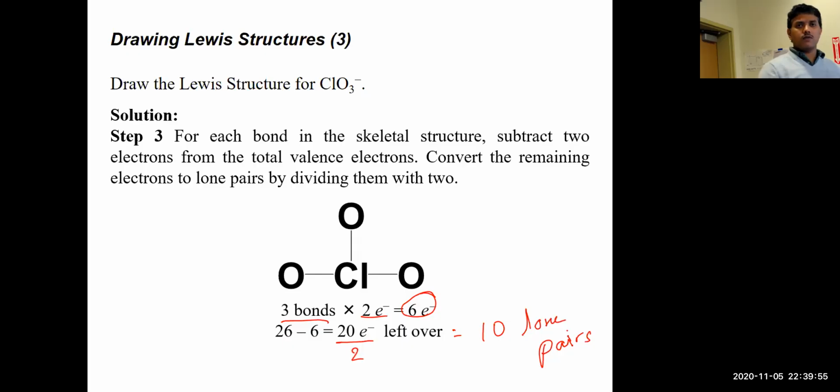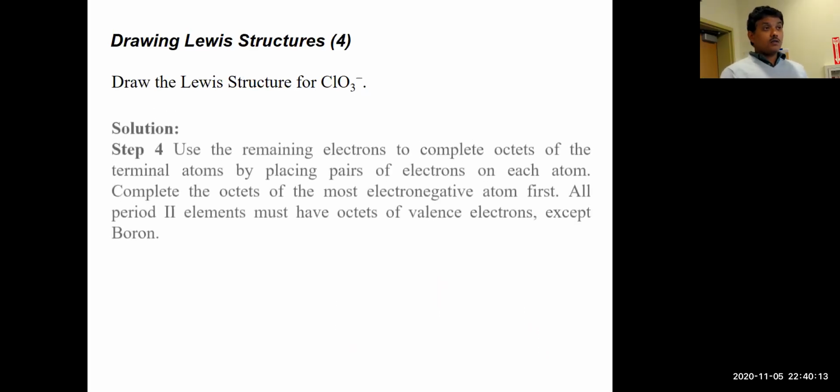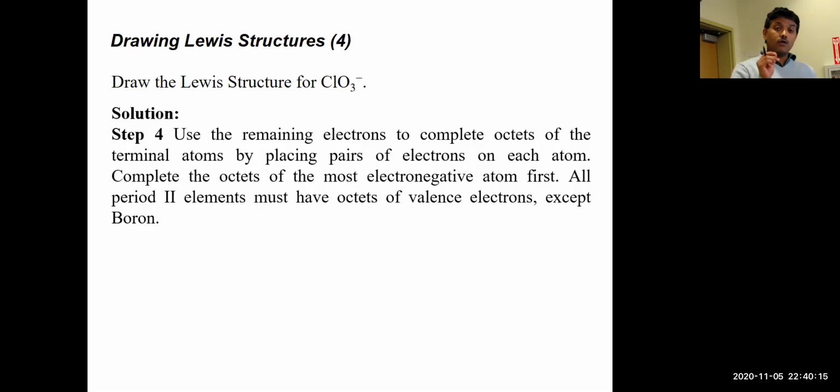And we are going to work with lone pairs from now on, from step 4. By step 3, you should know how many lone pairs you are going to work with. Okay, these lone pairs can be converted to bonds again later, but step 3 should end with identifying how many lone pairs maximum you are going to work with. Now in step 4, you're going to use these lone pairs, the 10 lone pairs that you identified, to make sure